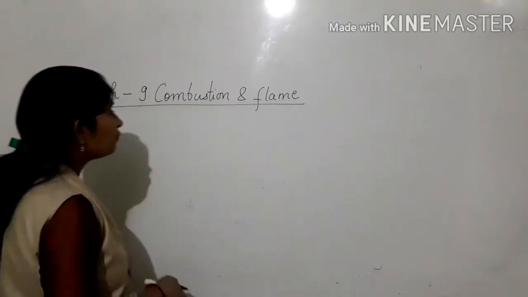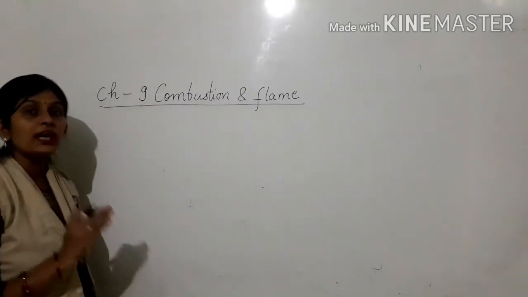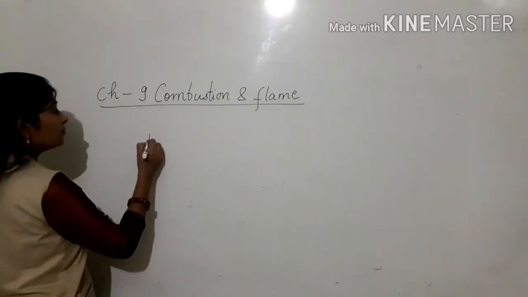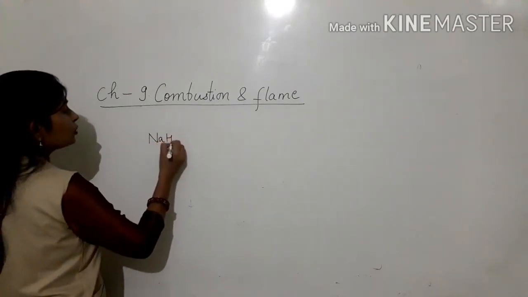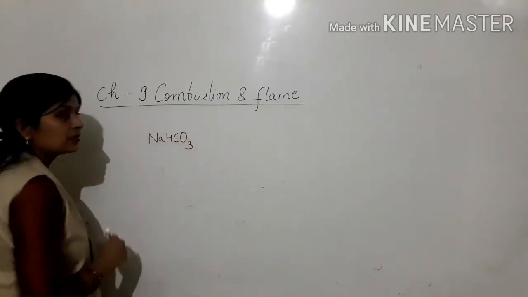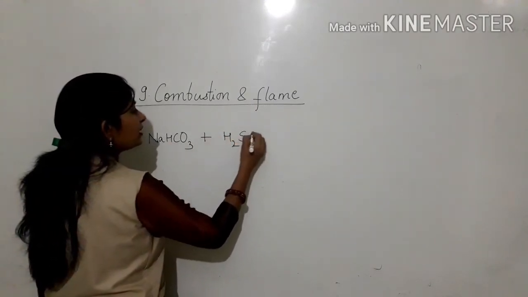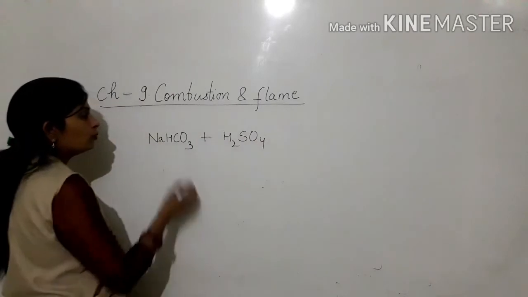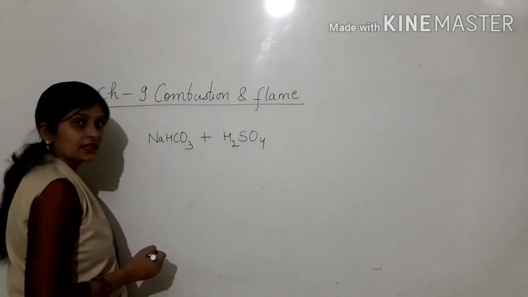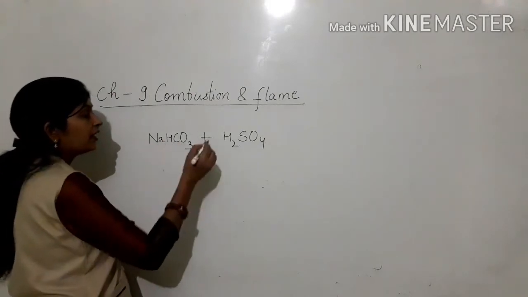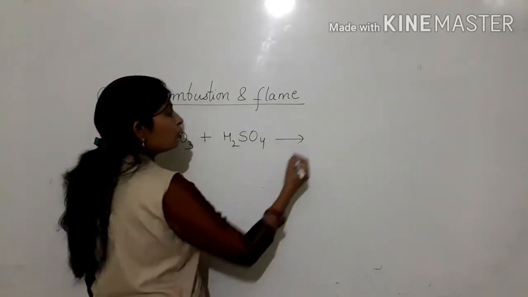First of all, let me tell you, soda acid fire extinguisher contains sodium hydrogen carbonate, means baking soda, and sulfuric acid. So both these contents present in soda acid fire extinguisher react with each other to form